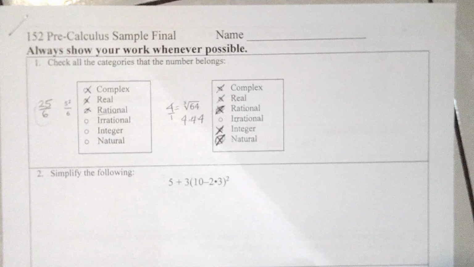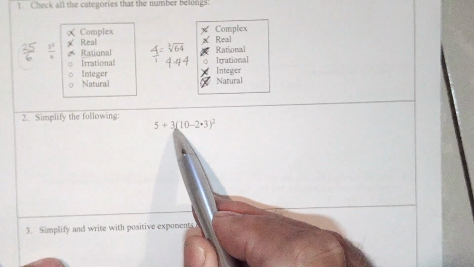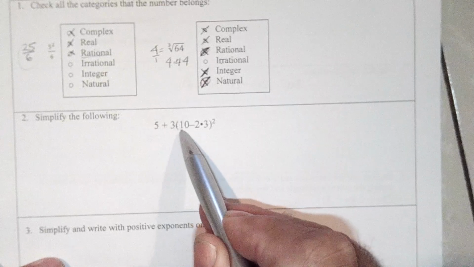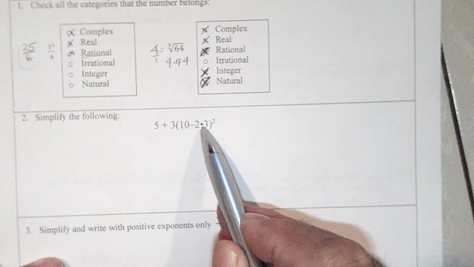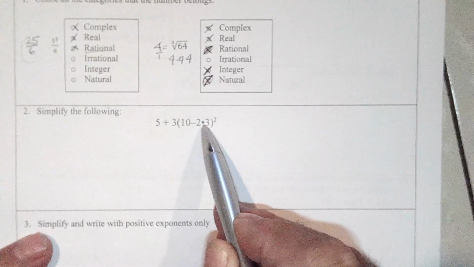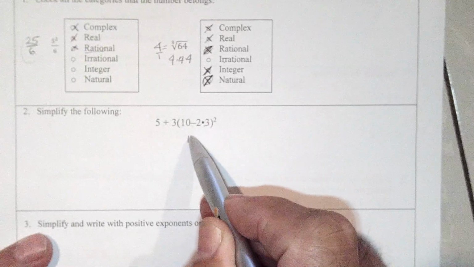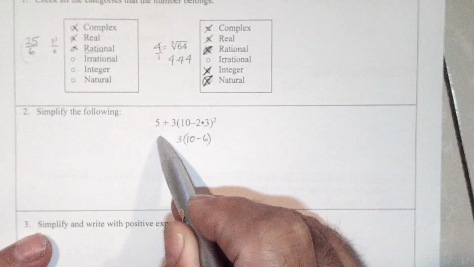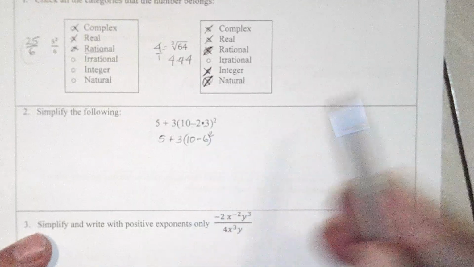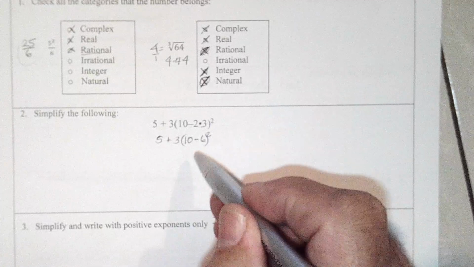Okay, number 2. So we have to do, it's tempting to add these first, but order of operations says we've got to look inside the parentheses, and in there we have subtraction and multiplication. Multiplication comes before subtraction, so we have to multiply these two, and we get 10 minus 6. We still have parentheses. We have to do what's inside there. So 10 minus 6 is